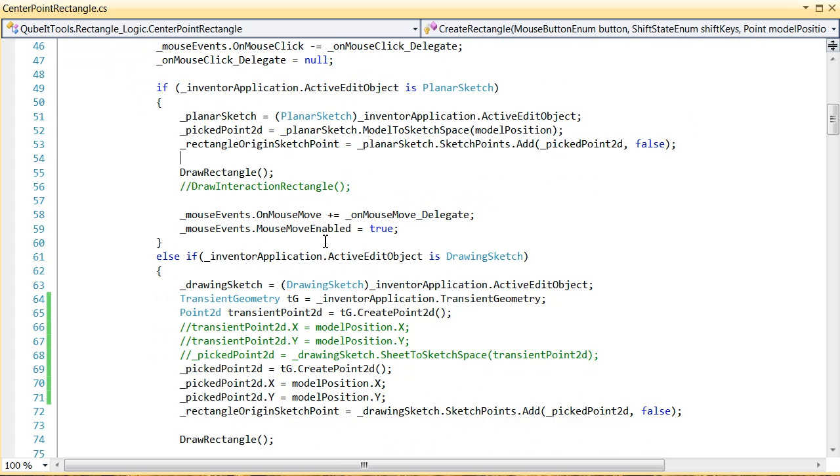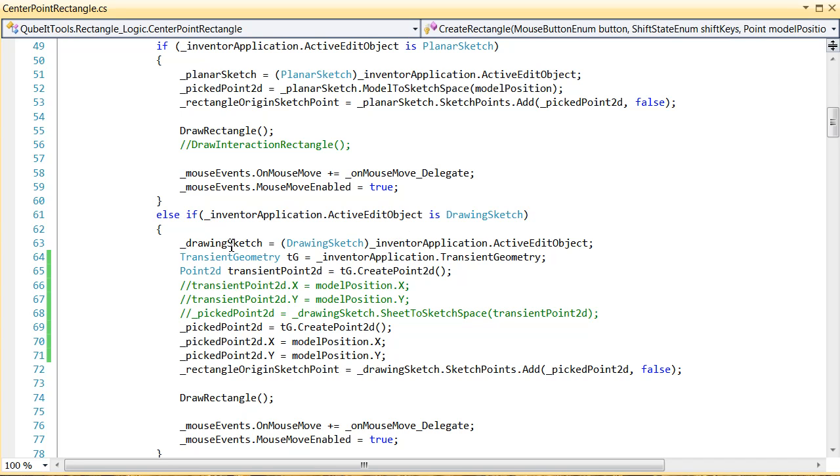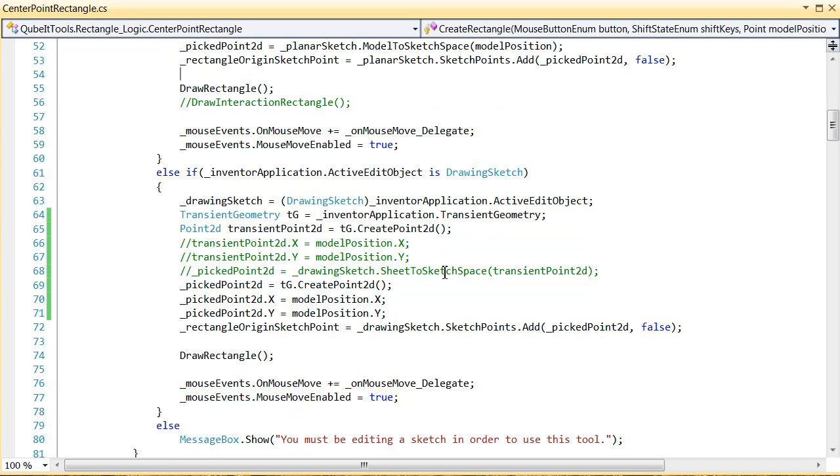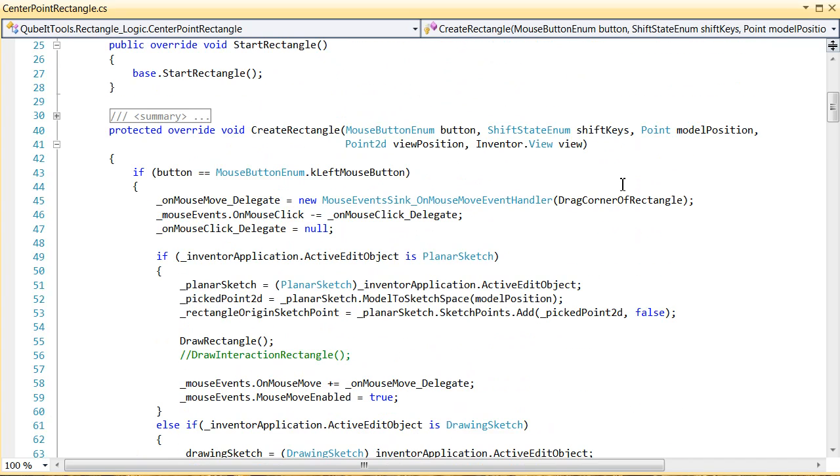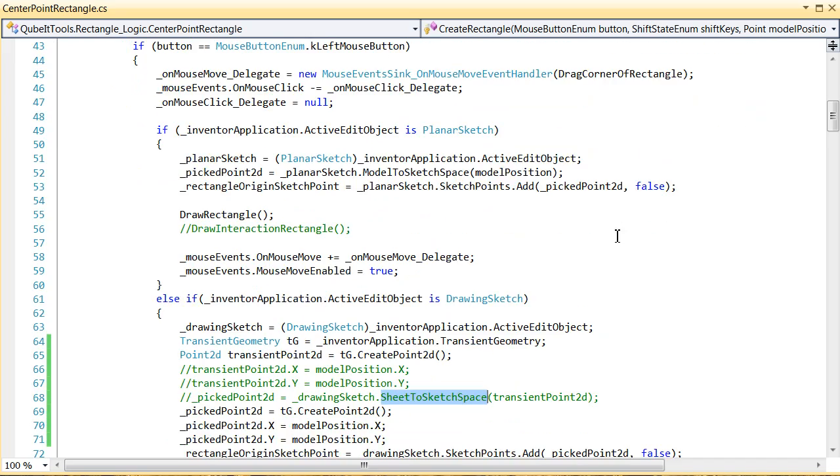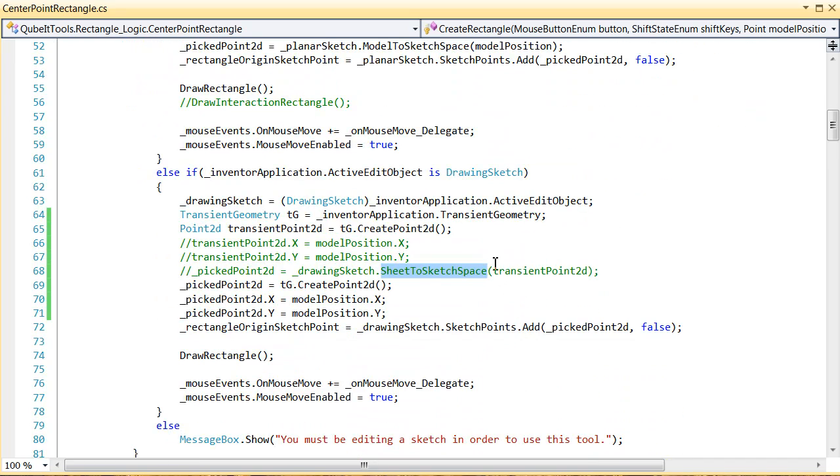But the problem is I can't do that inside of a drawing sketch, and the drawing sketch does have a SheetToSketchSpace method, but the problem is that it doesn't take a direct 3D point object, it takes a Point2D object. And for some reason I didn't think about doing it this way to begin with, and instead I did it this way, where I'd create